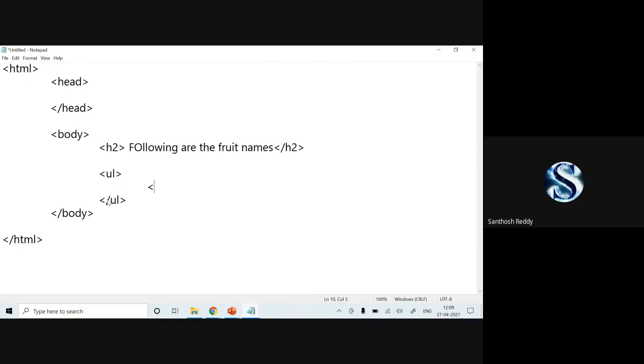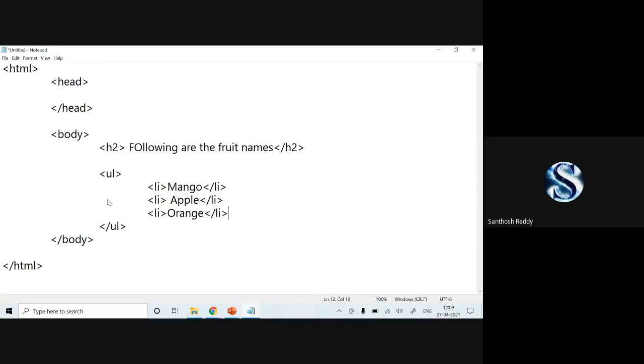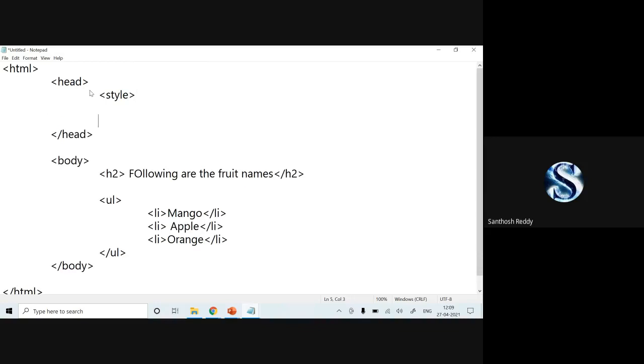LI, mango. LI, apple. LI, orange. Okay, this is what I have. Now I need to apply the list style. If I want square, I need to go to the header part and write the style structure.